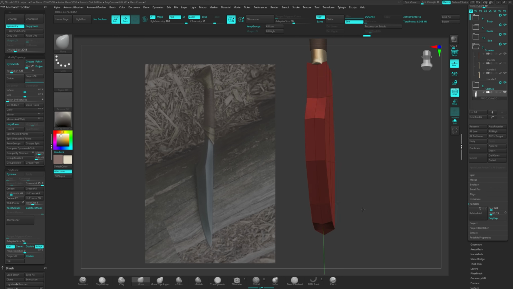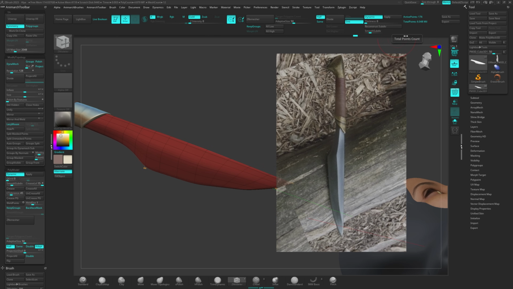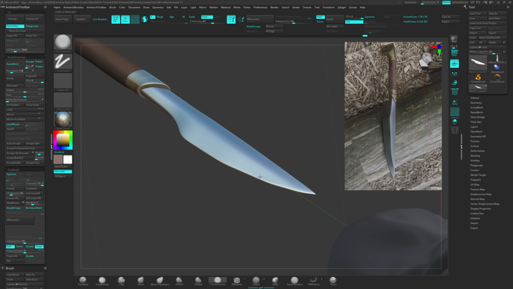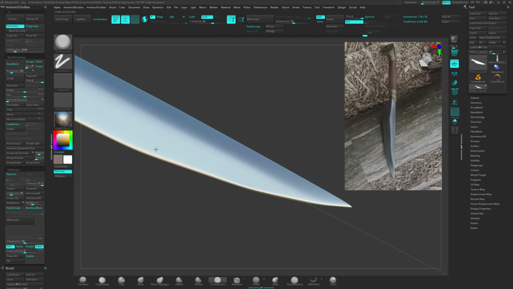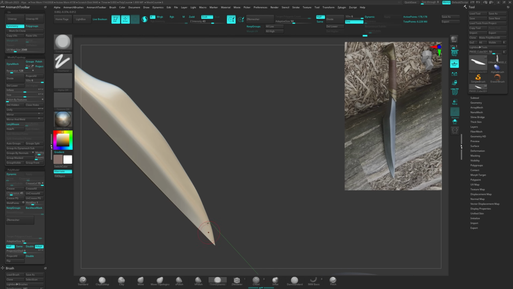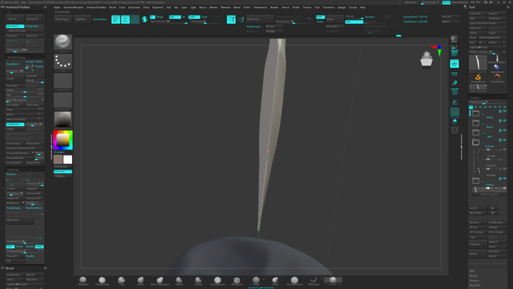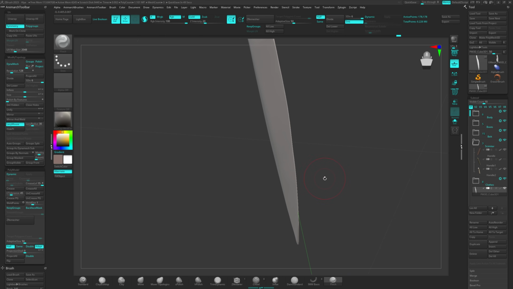I mean, this was not a huge part of the end presentation, but I was very happy with the fact that I did do it because I was considering not doing it, and I feel like it was a good addition in the final presentation, and it didn't take me that long. As you can see, it's just a bunch of ZModeling, smoothing and pinching along that edge. A couple hours and you've got yourself a really good prop that probably made that presentation a lot better,